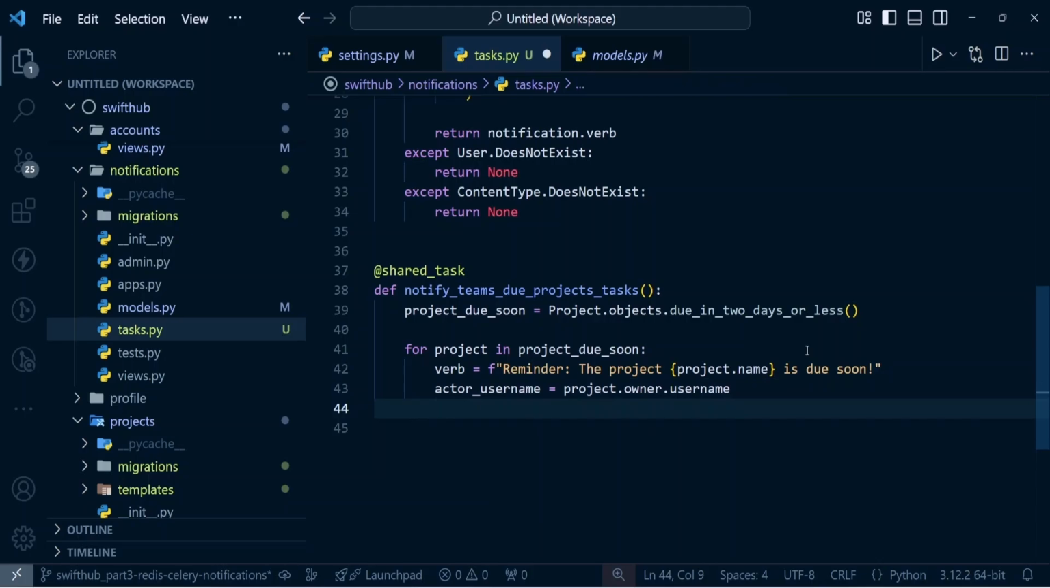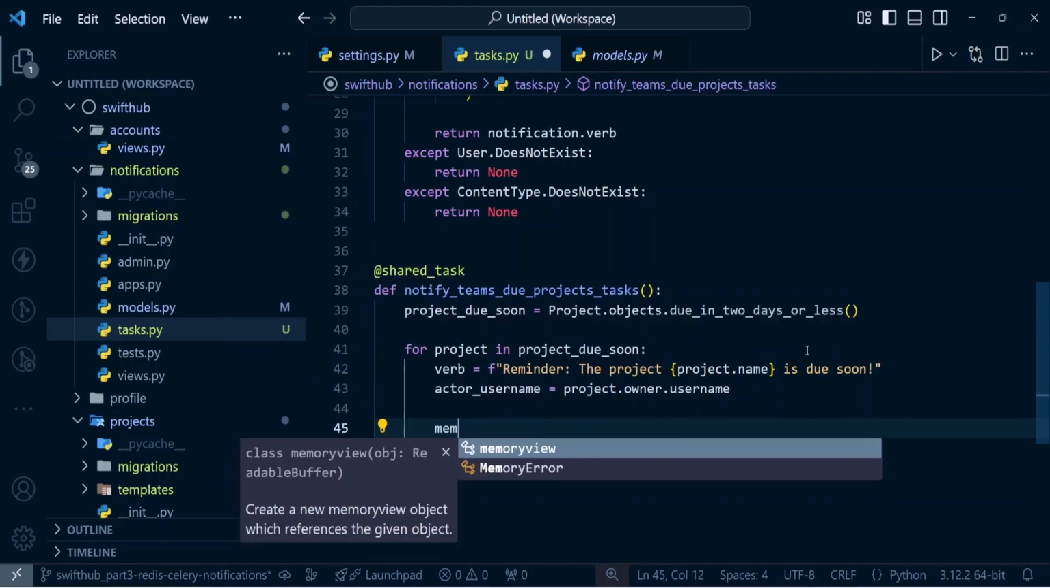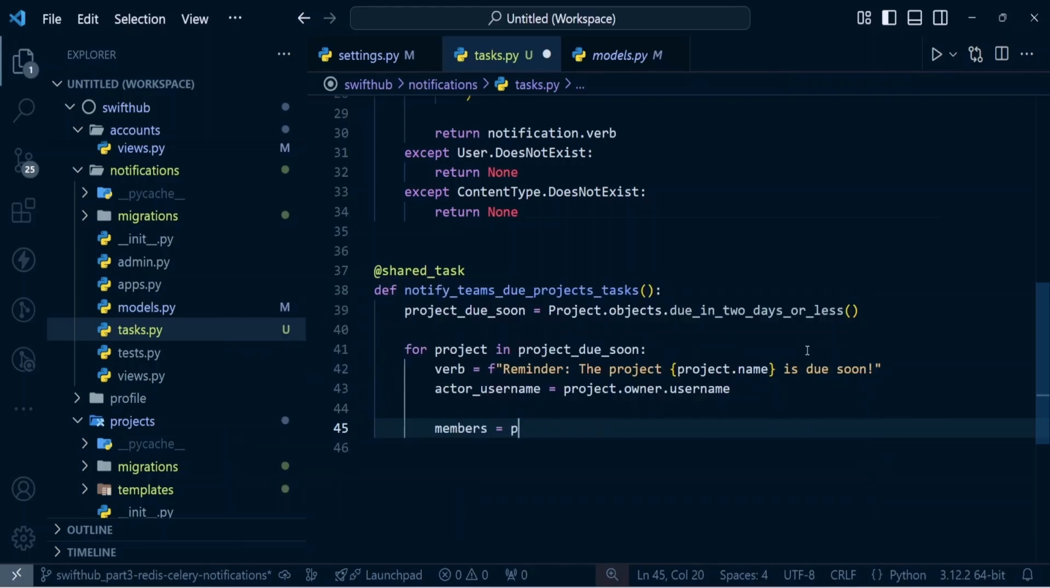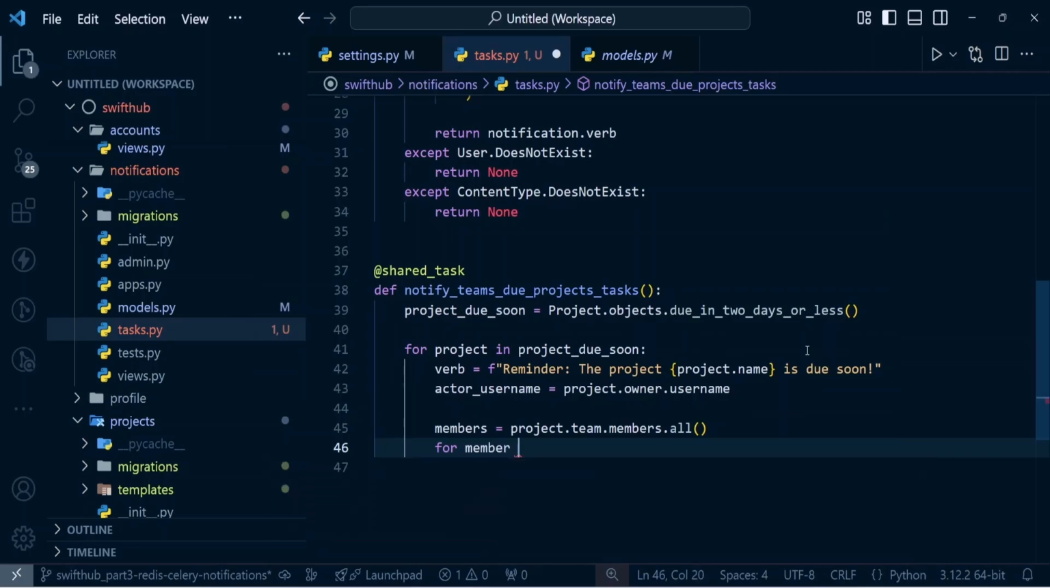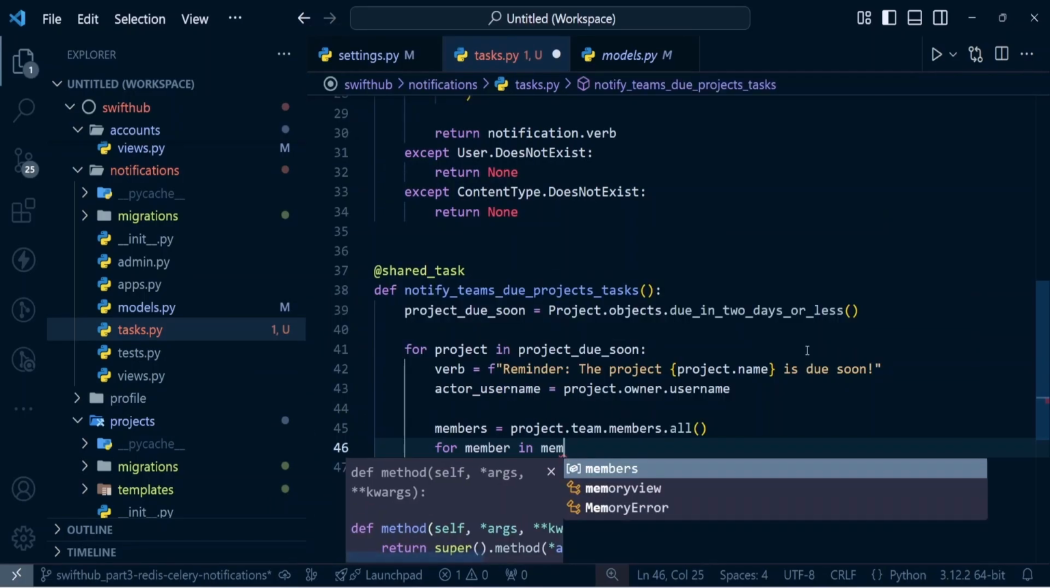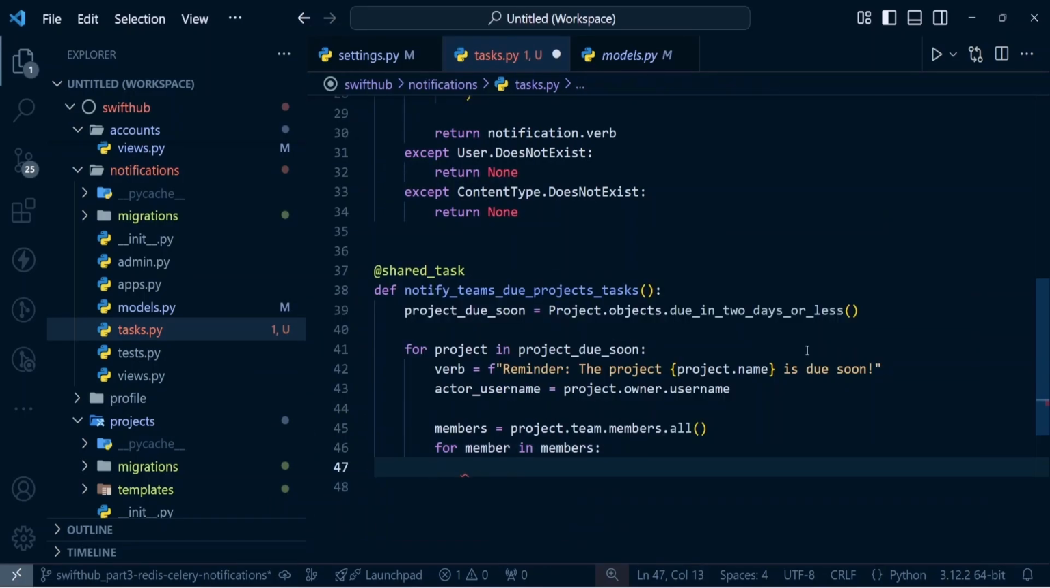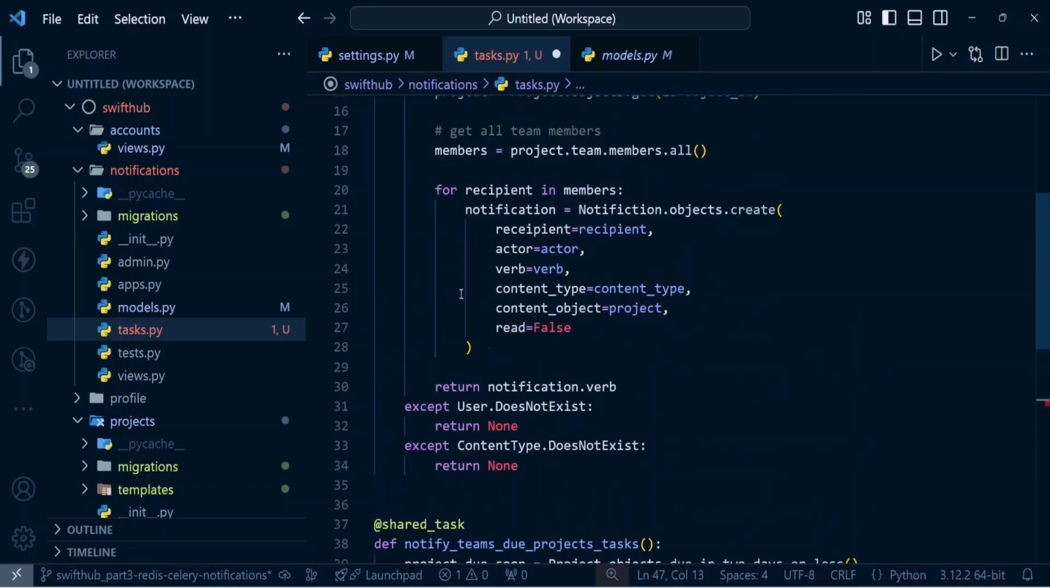of the actor. So now we need to notify all the team members. So we're gonna say members like this, and it's actually gonna be project.team.members.all, like that. And now that we have all the project team members, you're gonna say for member in members, like this. So now we are actually looping through, and we're gonna call the create notification function, create